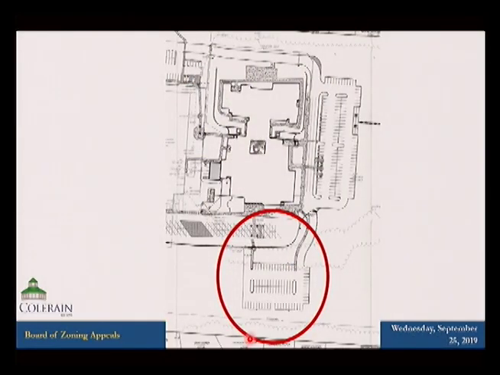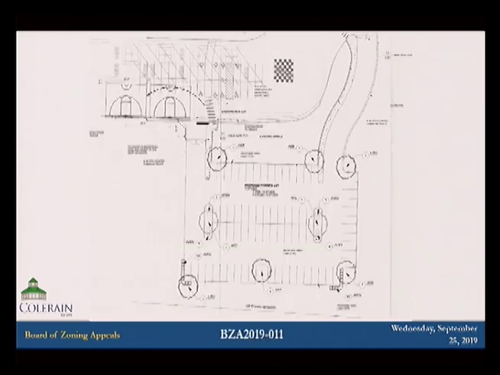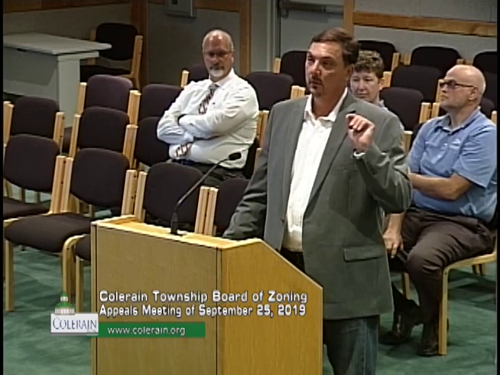We have provided the required landscaping plus the required lighting for safety reasons. And I think it's going to be a great enhancement for the school itself. When they have those larger events, it'll help with festival parking as well. But it's really a need right now for staff and visitors, to help relieve that congestion. I know before we provided you this information, we knew we were over the permitted 10%. So we wanted to make sure we had the right number.